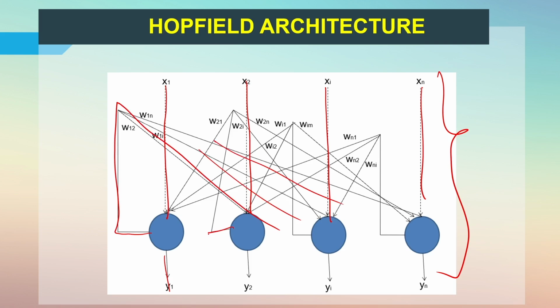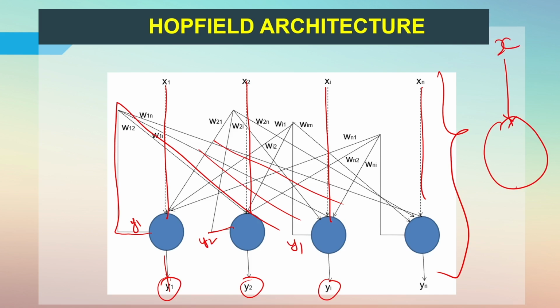See, the weight is taken. So, this is y1 here, and here also y1. This is y2 here, and here also y2. This is y. So, in a circle, if you remember, I am giving x, and I am going to take y, and if I draw a line here also, this is also going to be y. So, this is the input and this portion is the output, and this y is fed back to the neighboring network. You should remember this; it is the complicated architecture of giving the weight values to one another. So, this is the Hopfield network.